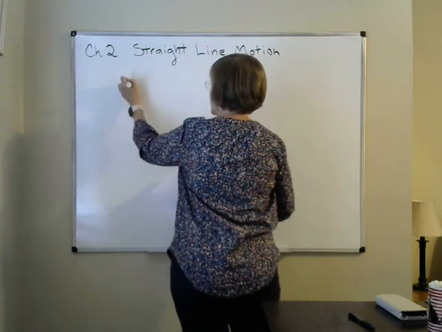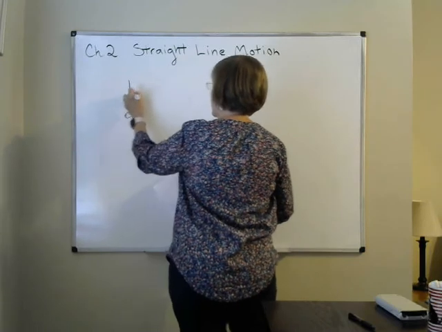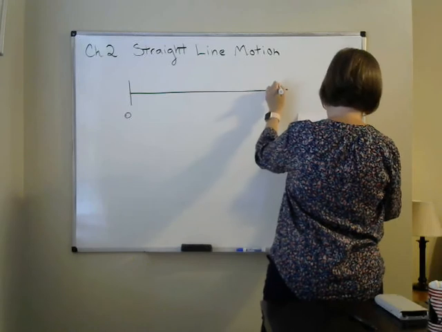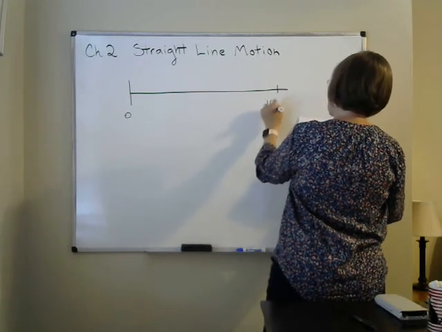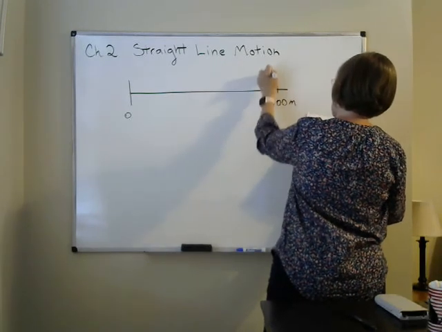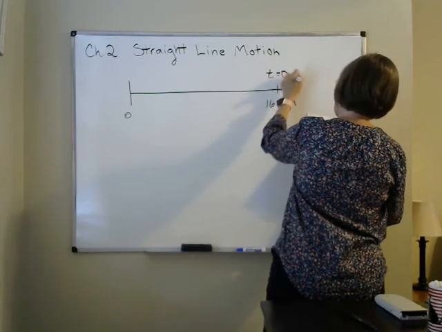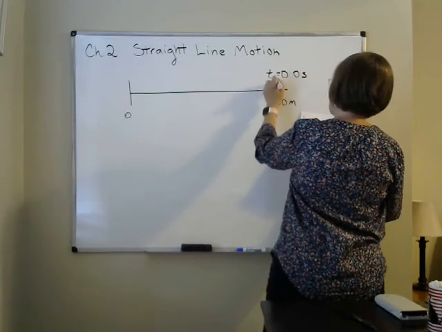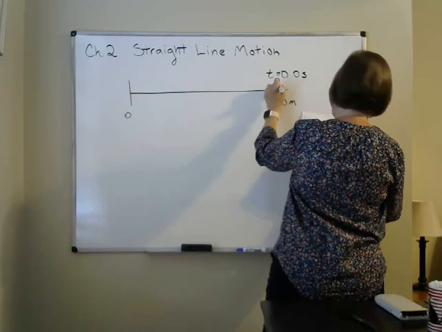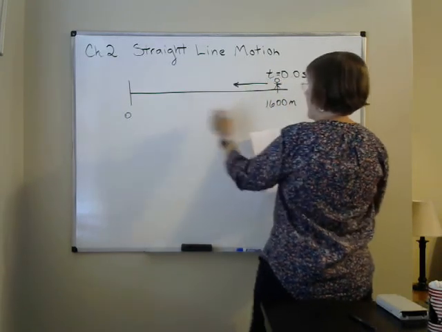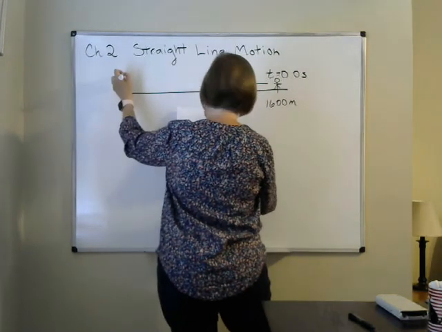We could have a similar problem. Here's our 0 on our number line. And we have somebody here starting at 1,600 meters at time t equals 0. And here's my little person. And they take off running. They cross the 0 marker at exactly